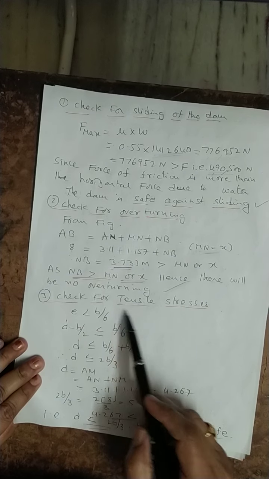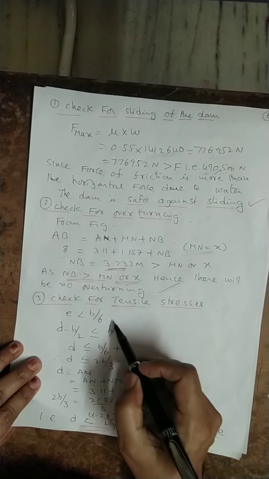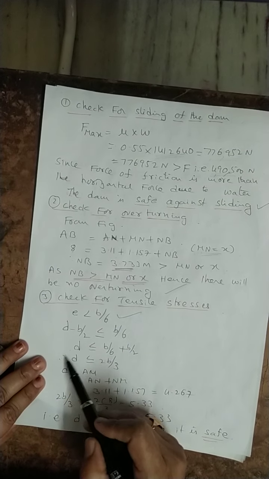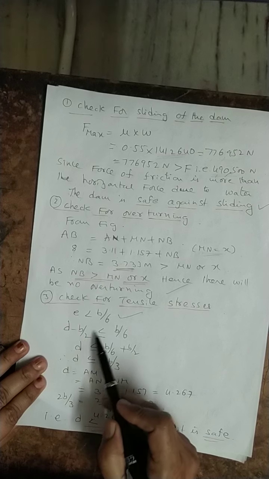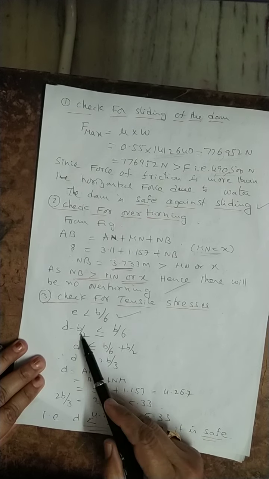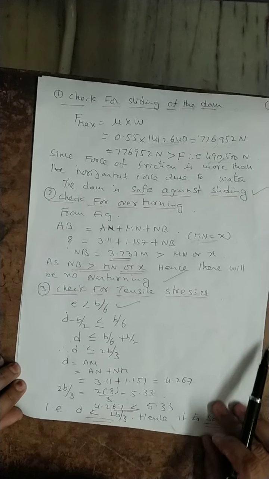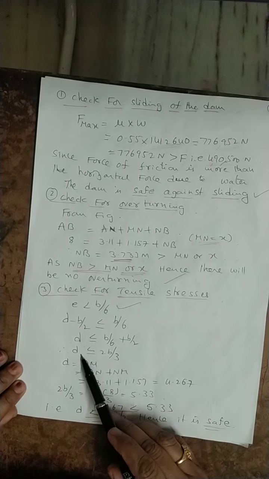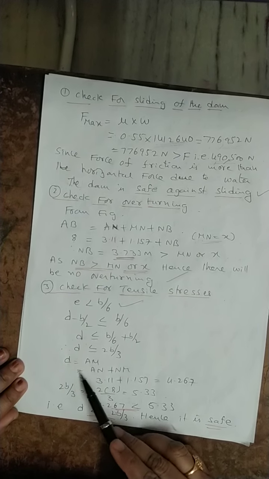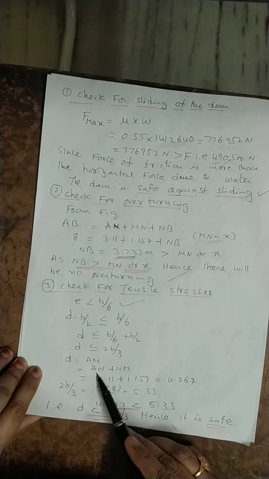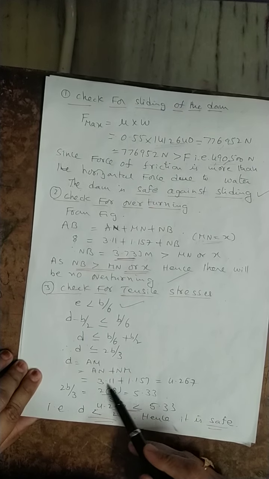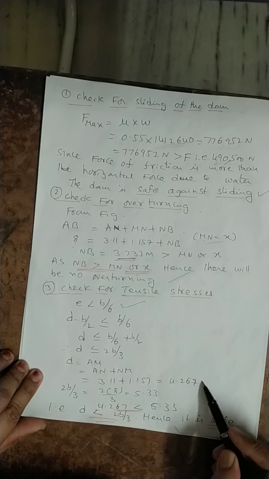Now coming to the third one, the check for tensile stresses. We know the relation that E should be less than B by 6. In the place of E, we can substitute D minus B by 2, less than B by 6. If we take B by 2 to the right side, D is less than 2B by 3. We know that D is AM, that is AN plus NM. We have already calculated the distances 3.11 and 1.157, and it comes to